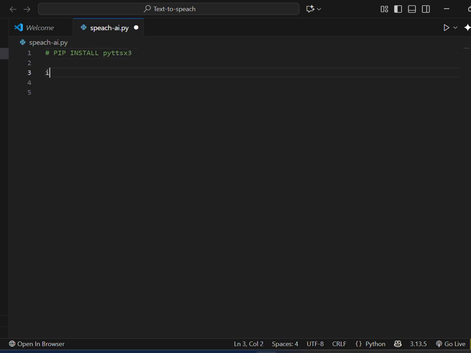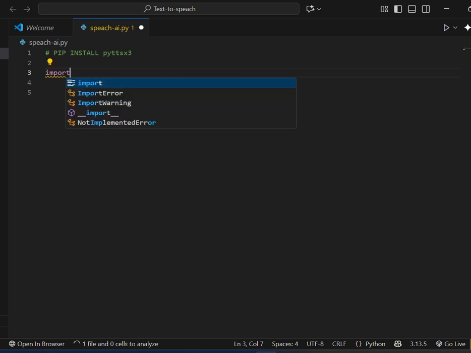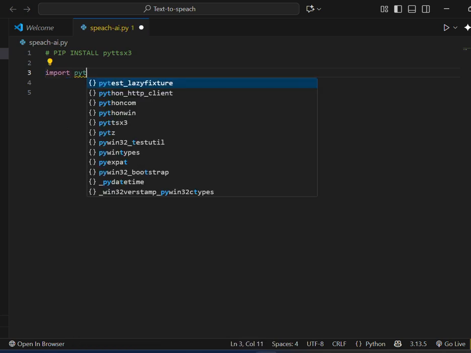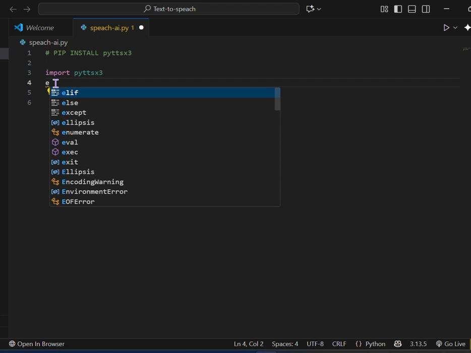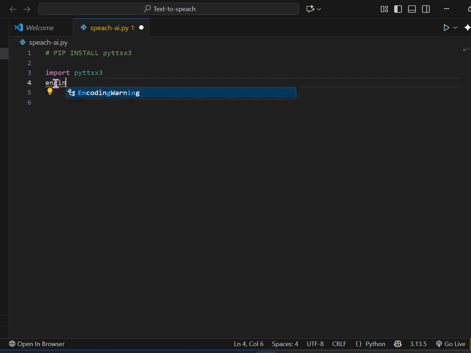So after that, then you import the library you just installed. Then after you have done that, you make the engine, you assign a function to the engine by saying